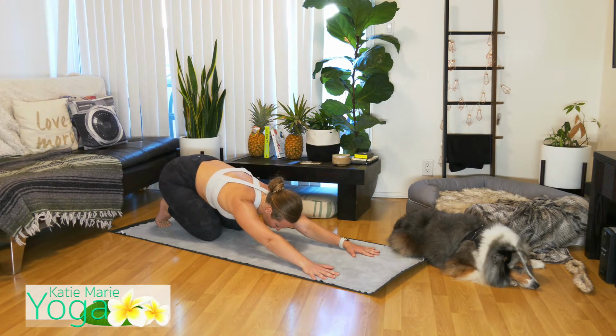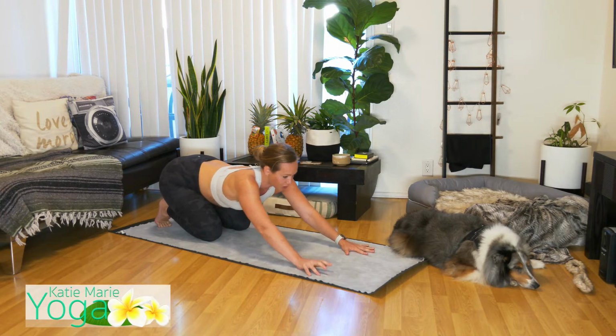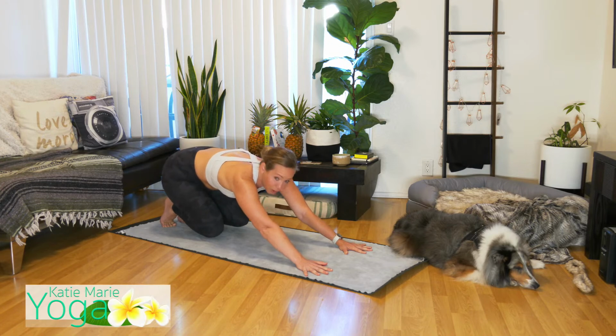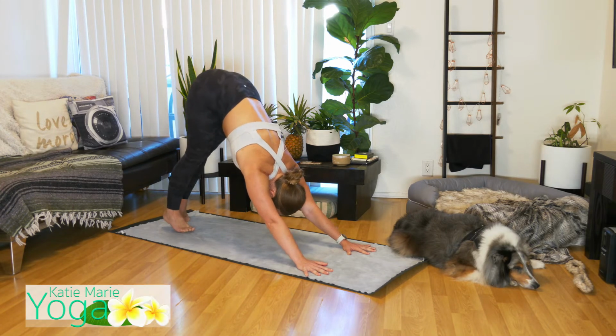So it's just like child's pose, but our feet are tucked back behind us, so you might feel a nice stretch through the arches of the feet. Look to your hands, spread your fingers wide, ground through those palms. Begin to lift your knees up off the mat. So create a nice hover with those legs. Pull your belly up and in, and then lift your hips all the way up towards the sky for your